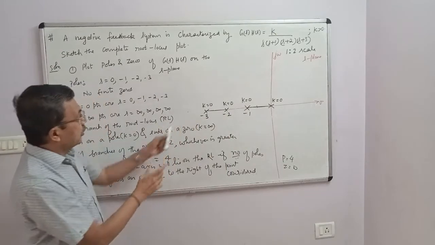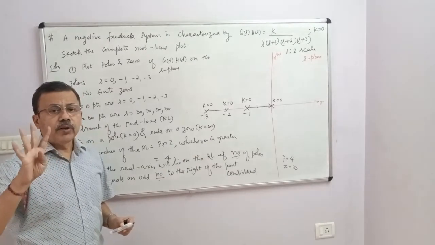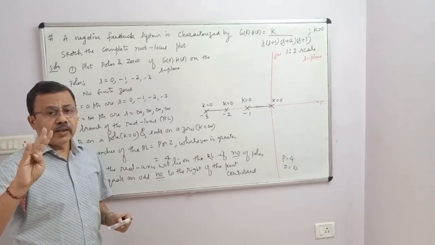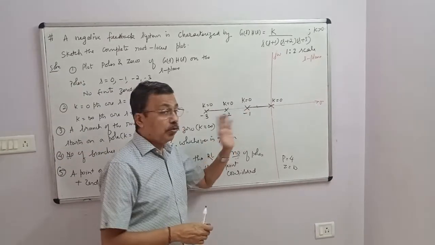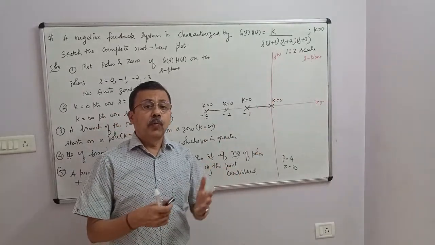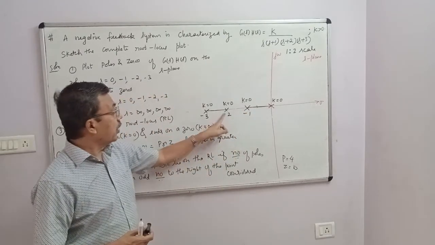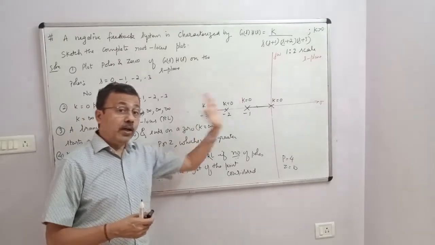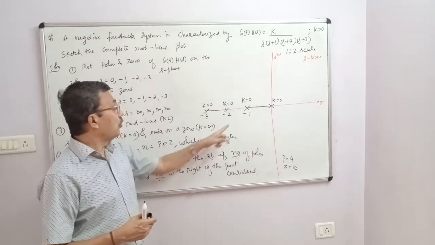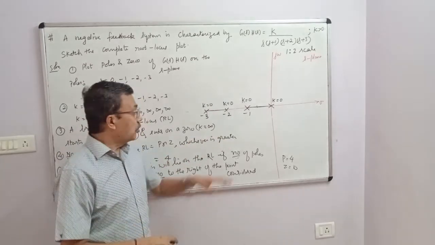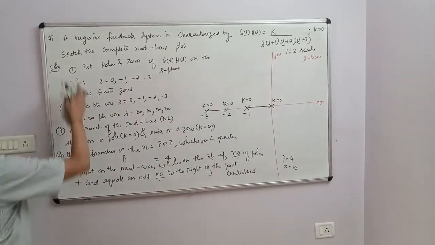Take a point here. To the right of this point, you have got 4 poles, no zeros. 4 plus 0 is 4, which is an even number, therefore root locus will not lie here. You take a point between 0 and -1. Since number of poles plus zeros equals 1, an odd number, root locus shall lie between 0 and -1. In this manner, the root locus on the real axis is sketched. Next, we'll go for asymptote calculations.